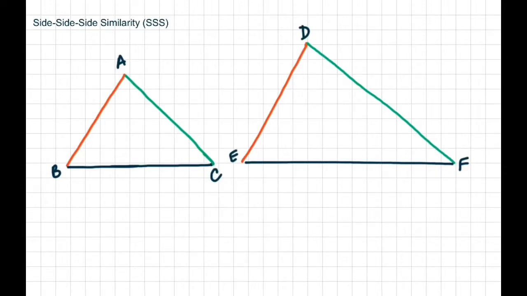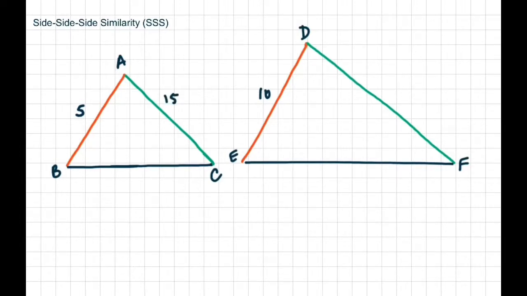A good example would be if I told you AB was 5, DE was 10, and AC is